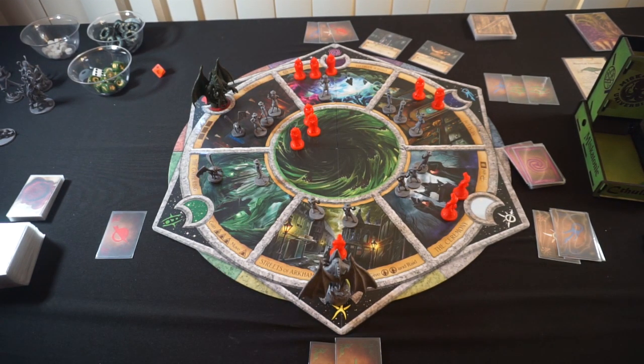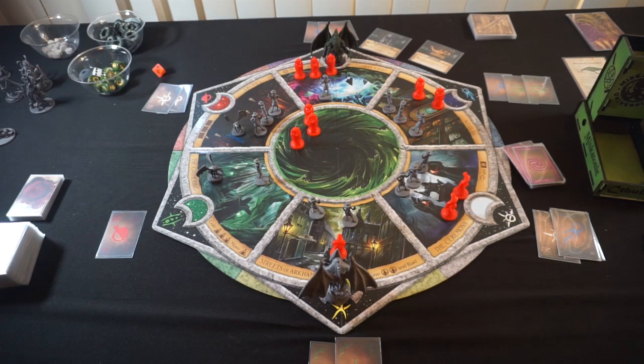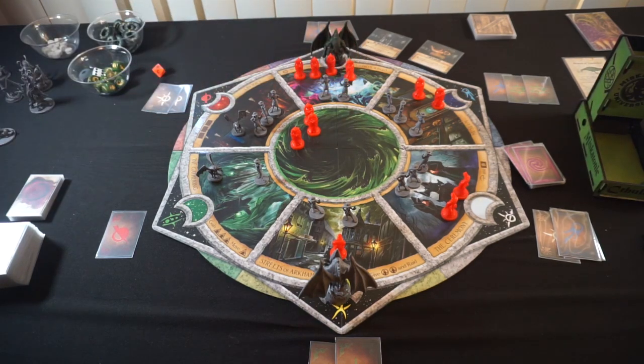Let's see. So over to Shub-Niggurath's turn. She's going to use 2 white at the library to move up to the other worlds, which will place a cultist and an investigator. And I think here, when you're rolling, you may add 2 additional dice to the roll. Find gate, alter fate, and that's a power surge, but we don't need that. I think we're just going to...